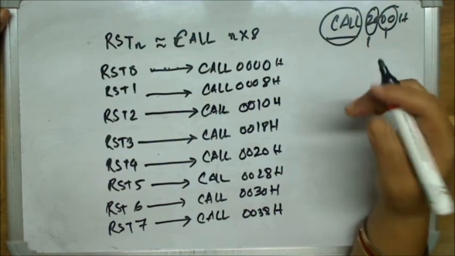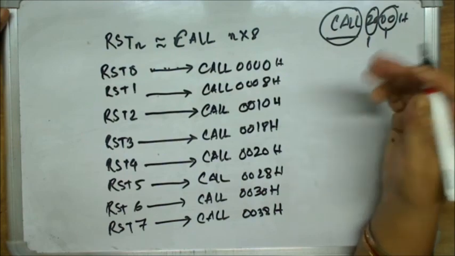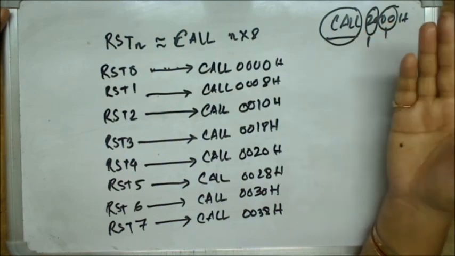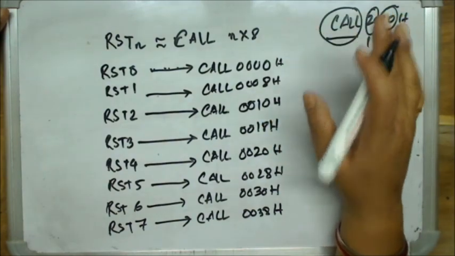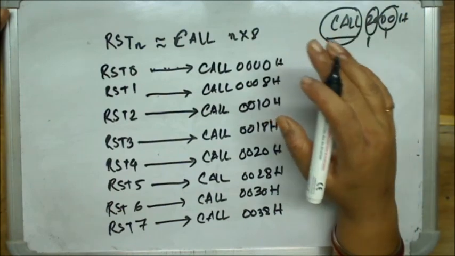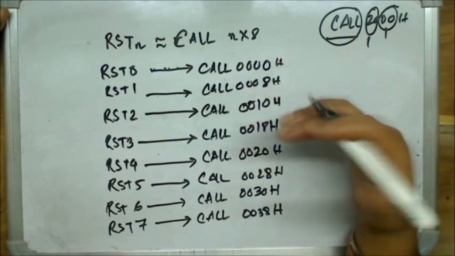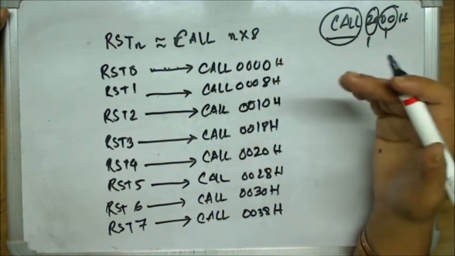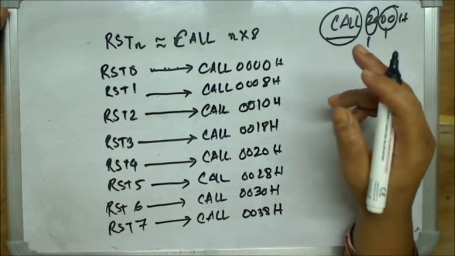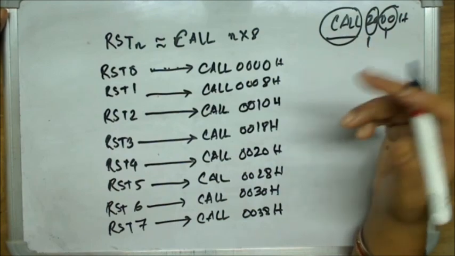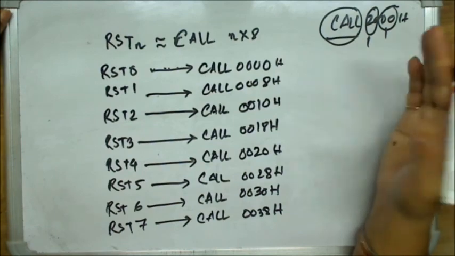For example, in a remote control, which buttons do you use very regularly? The volume buttons, the buttons by which you change the channels. Like this, in every system there are some functions which are to be called every time, which are most frequently used. Call instructions take 3 bytes, so the processor manufacturers have designed faster calls for them.